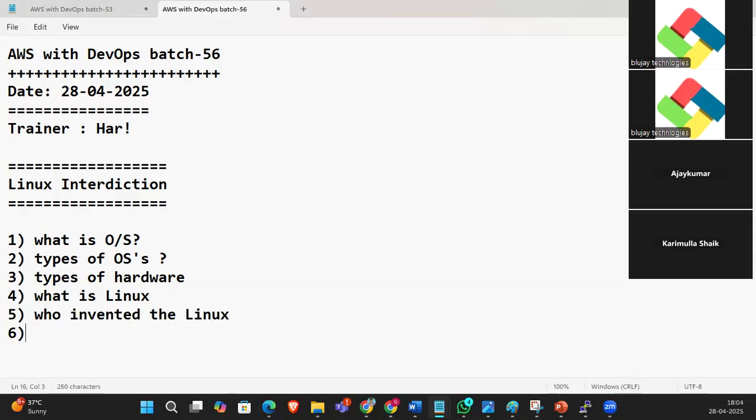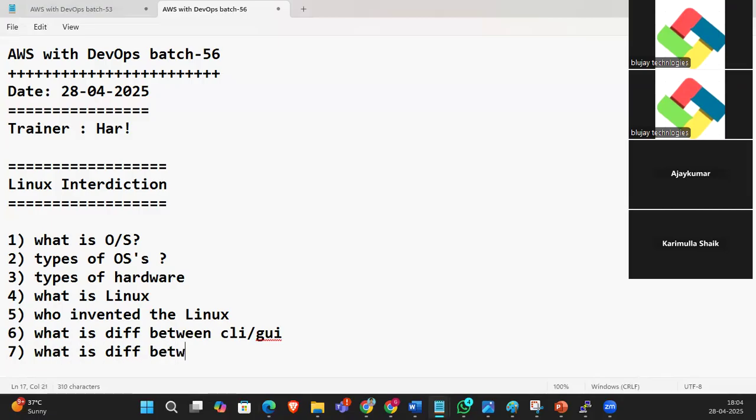Unix system. What is CLI? Services. Difference between CLI and GUI. The seven families.